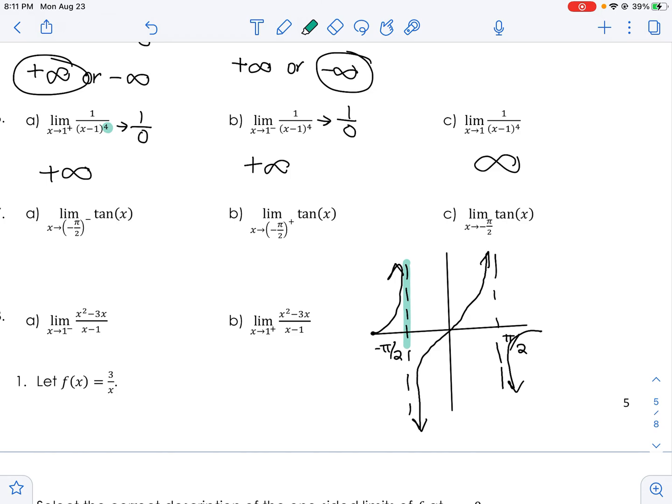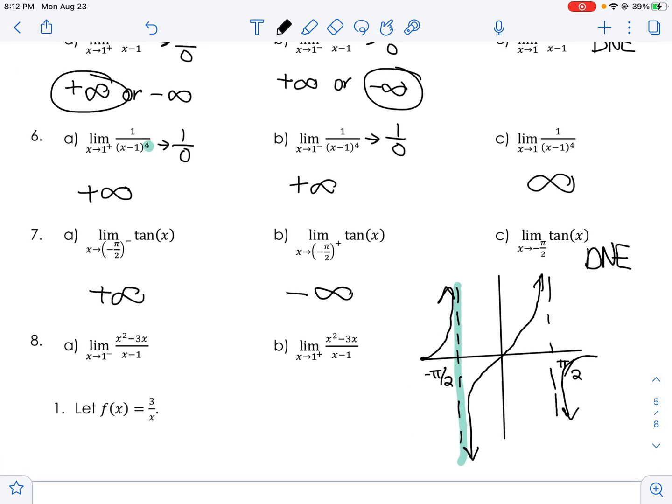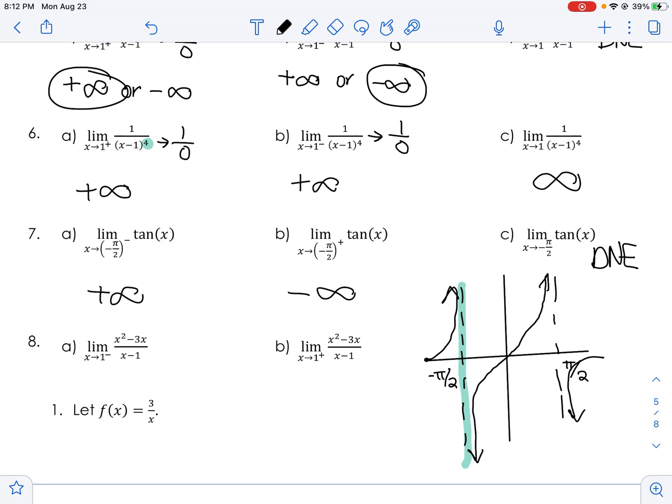This is going down. Okay, but we're focusing on this asymptote as we're approaching negative pi over 2. So as I approach it from the left side, it is going up towards positive infinity. As I approach it from the right side, it's going towards negative infinity. And therefore, my left side does not equal my right side, so the limit does not exist. Okay,